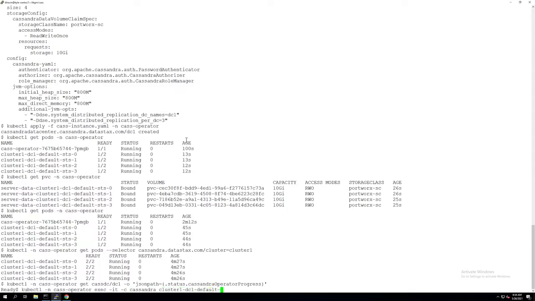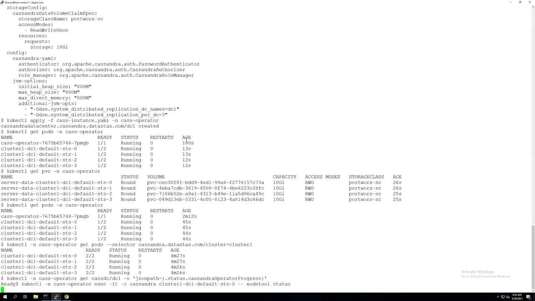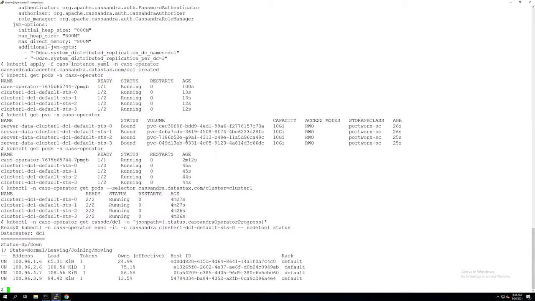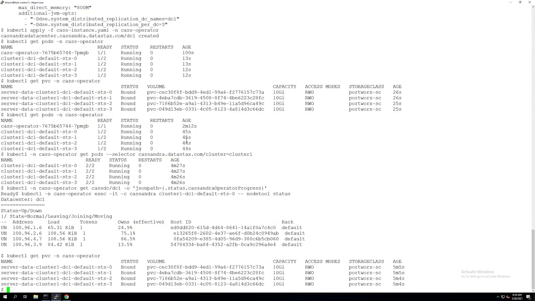And just to verify, we'll exec into one of the pods and run a nodetool status command, which is a standard command for Cassandra users. Here, you'll see that all 4 nodes have UN status, which means they are up and normal. So UN for all 4 nodes means the cluster ring is completely up and online and is ready for your application to use.